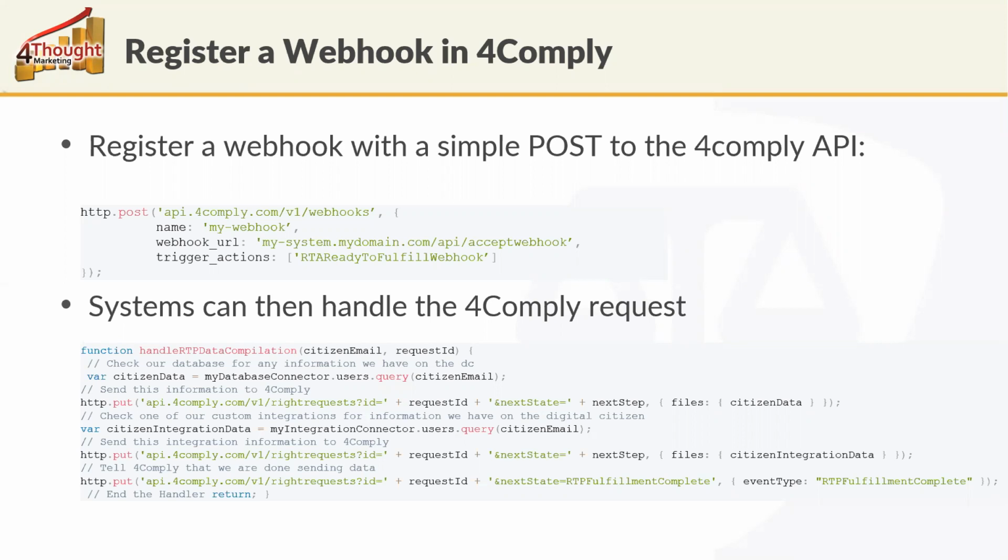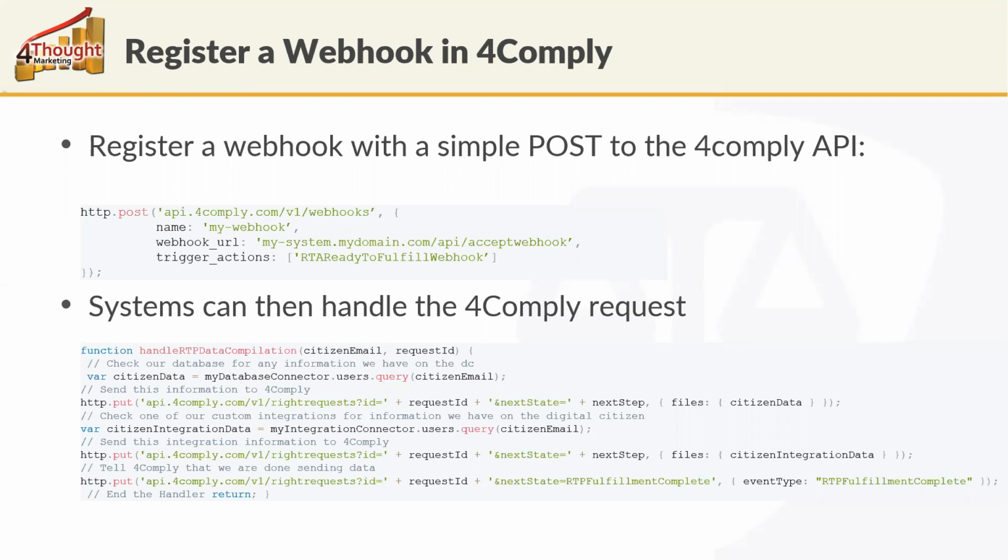or in case of particular rights, then again, you can have custom webhooks registered for those. If you want to have, again, a webhook for every system and for every action, 4Comply can also accommodate for that scenario. And internally in your system, you can handle the request. For each of the rights, you're getting the information about the email address of the person that has requested the right. So in this particular example for RTA, we are going to receive the email of the person